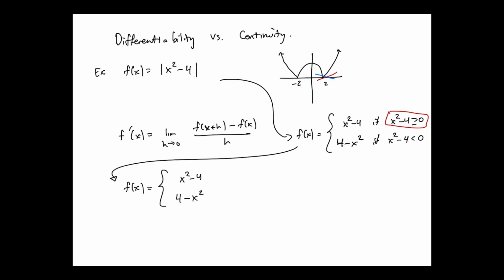When is it true that x squared minus 4 is greater than 0? For which values of x is that true? 2, certainly. Minus 2 also. But also values that are bigger than 2 and less than minus 2, right? Yes? Okay, so this is true if x is in minus infinity up to minus 2 and then 2 to